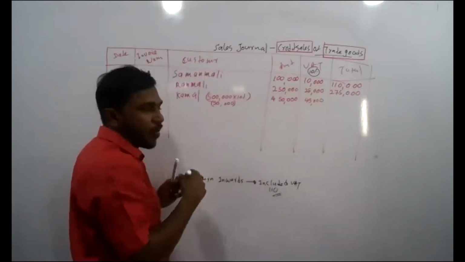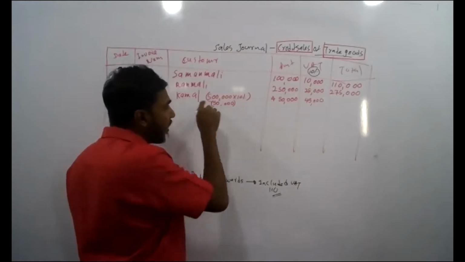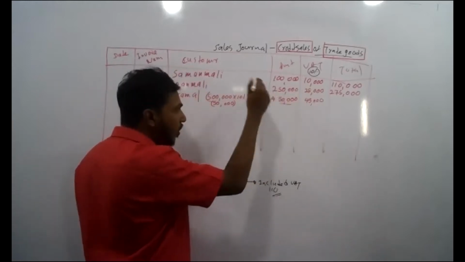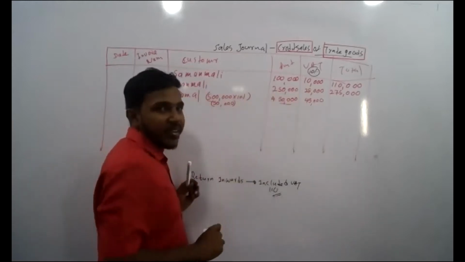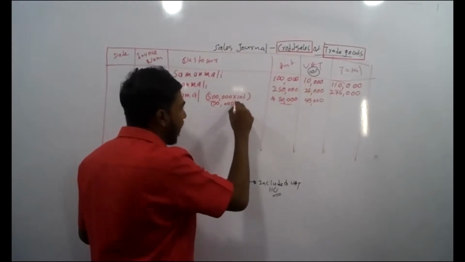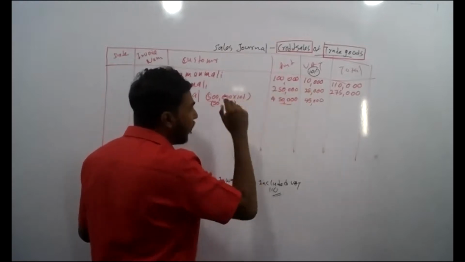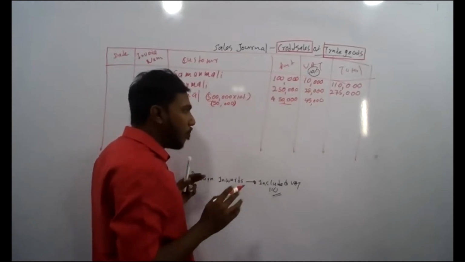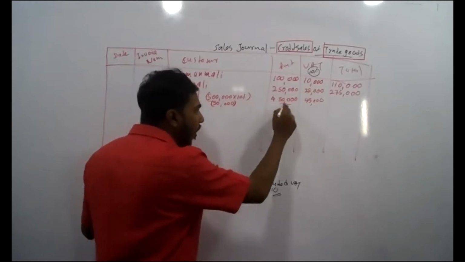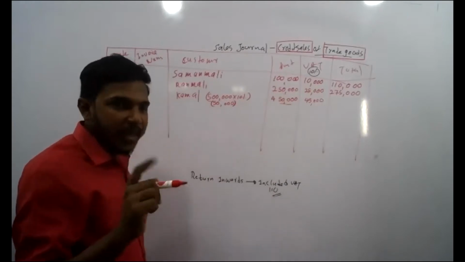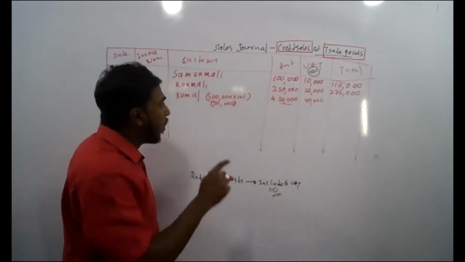45,000. Keep it in mind, some of the students take 450 to here without the trade discount. That means after subtracting the trade discount, you take the amount to here. But be careful, though you have taken 450,000 to here, you can't calculate the